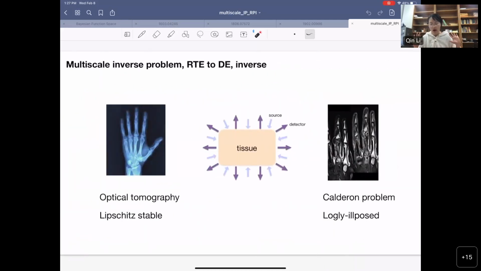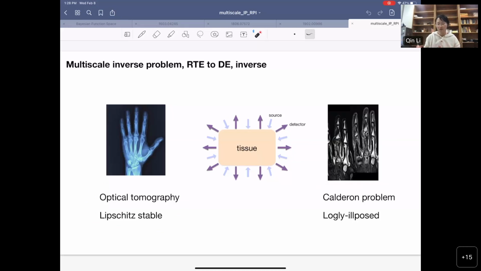Then we move our knowledge to the inverse setting. We want to understand if we do the inverse radiative transfer versus inverse diffusion, are they equivalent as well? Sort of. So the inverse radiative transfer is the optical tomography. The picture that you see is very, very sharp. And earlier we said the problem is Lipschitz stable. So the perturbation in the data gives you the linear perturbation in the reconstruction. But if you tone down your frequency of the light, instead of using very high frequency light, you use a low frequency light, the light that scatters a lot, you are in the diffusion region.